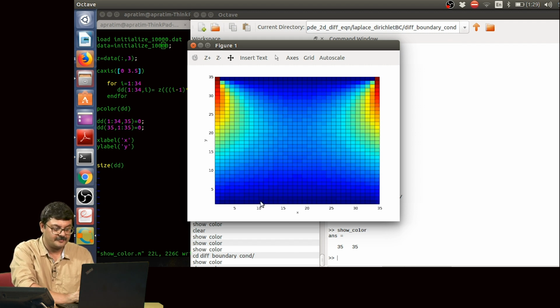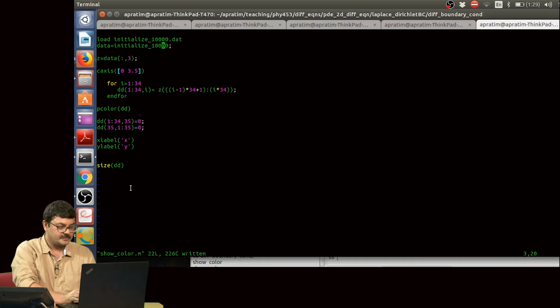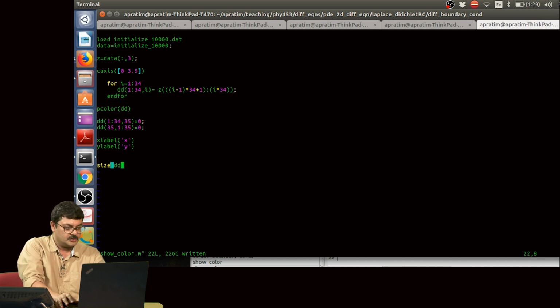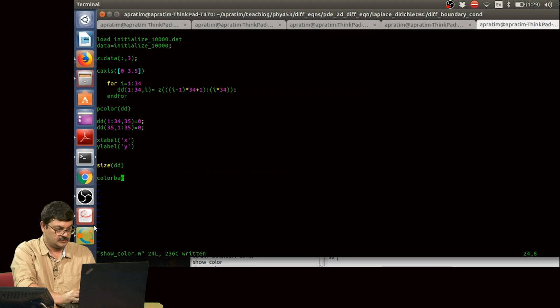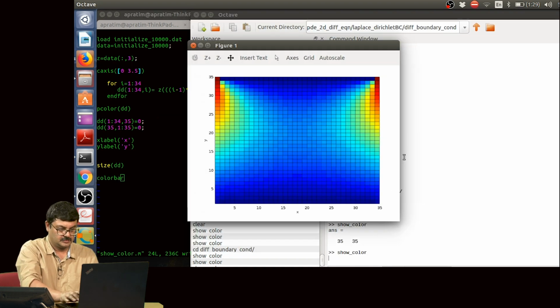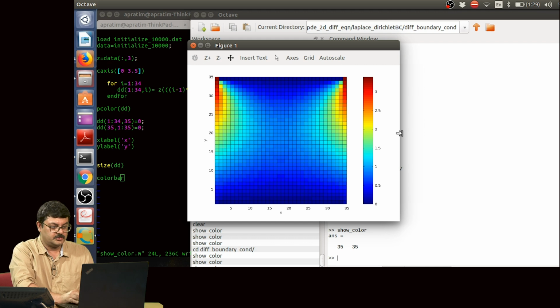So, here you have deep blue colors, right. So, I have put in the color bar now. The command to put in the color bar is just colorbar and 0 to 3.5,